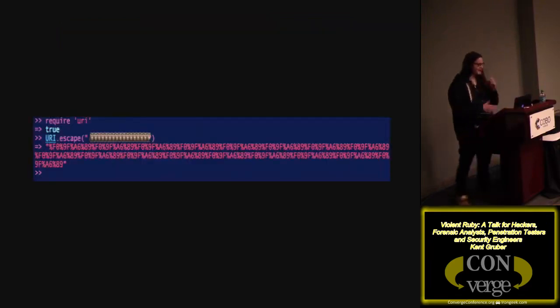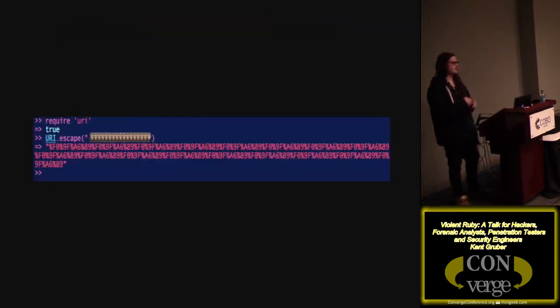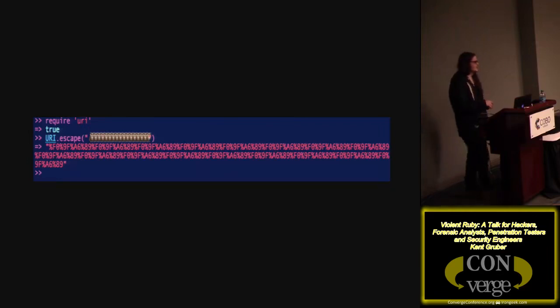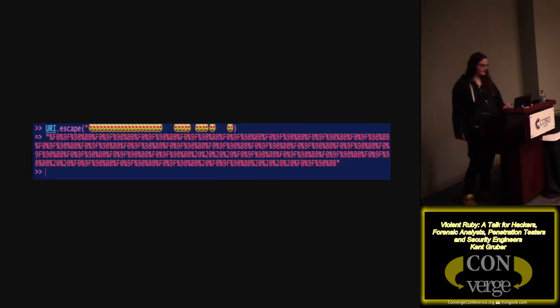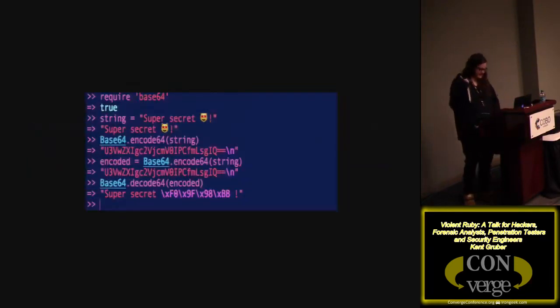Alright, and then let's say you had a URI thing. These are basically little Swiss Army knife sort of things. So we have this URI escape thing based on the URI gem. Basically, I can safely escape something for HTML or whatever. So let's say I had a bunch of owl emojis. It will do that. If you're wondering if it does cat heart emoji things, yes it does.